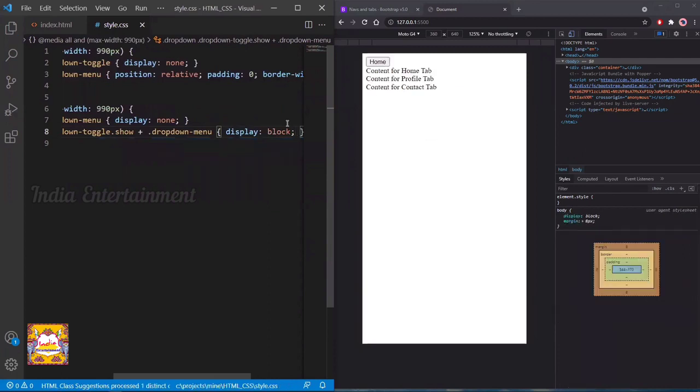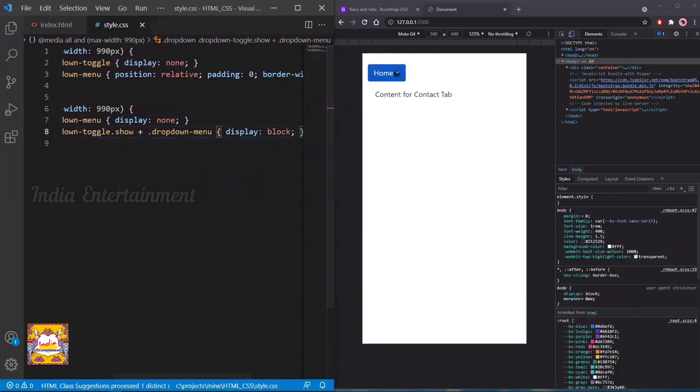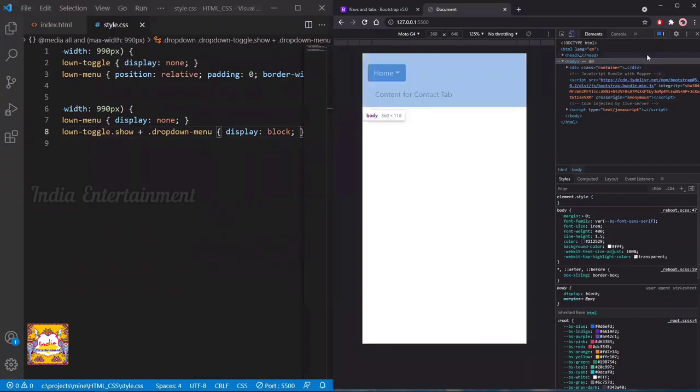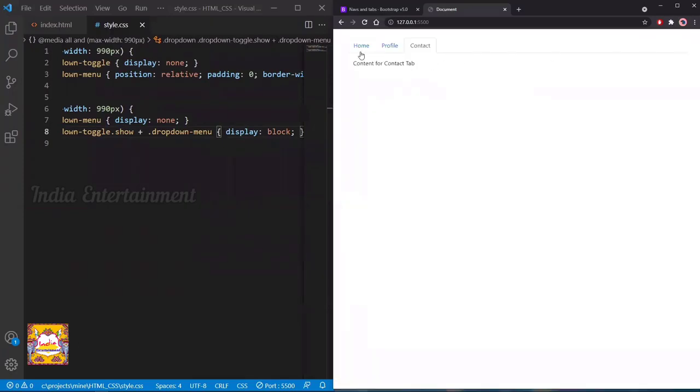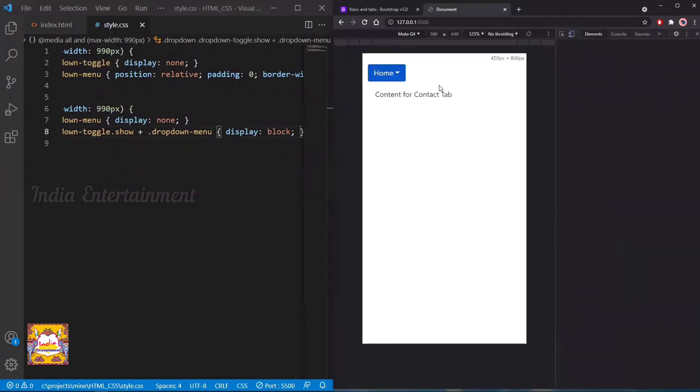Now you can see the drop down menu, and if I select this home option, the home content is coming, and profile content is coming, and contact content is coming. And if you go to the desktop version, it is like normal tabs, and in mobile version it is a drop down.